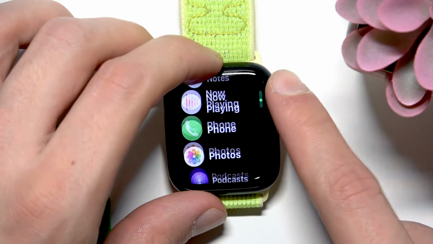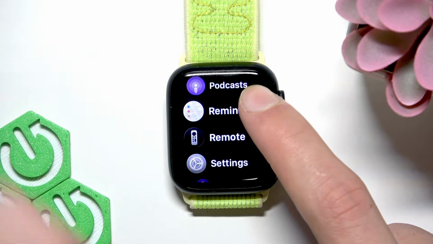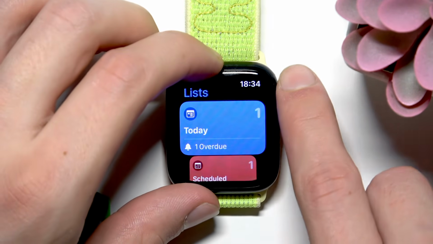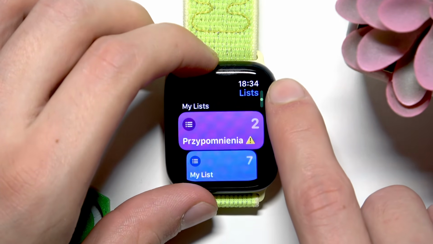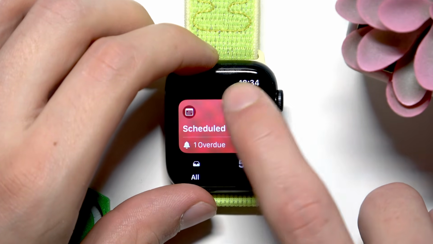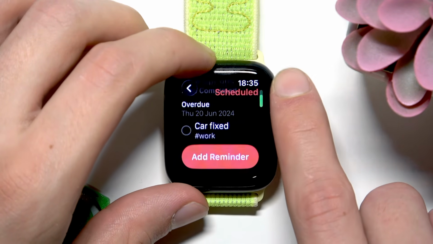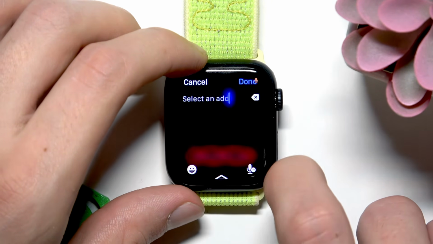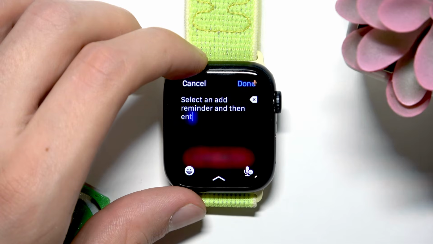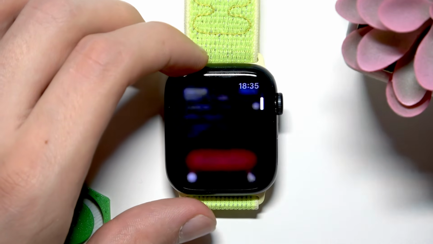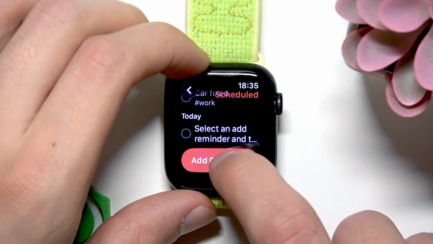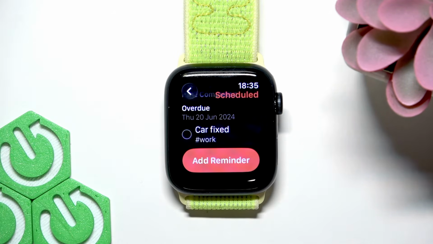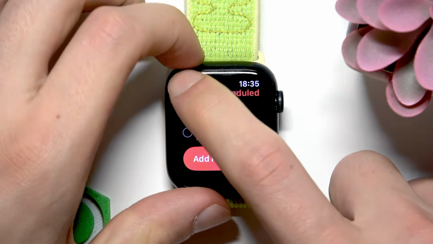And now the last application is the reminders application. You can also find it in your apps list. And now you can add reminders to different lists in the reminders app by tapping on the list to which you want to add a reminder, scrolling to the very bottom of it, selecting add reminder, and then entering the reminder into this field, then tapping done when you're finished. And if the task is already finished, you have to tap the circle next to the reminder that you added, and it will be moved to the